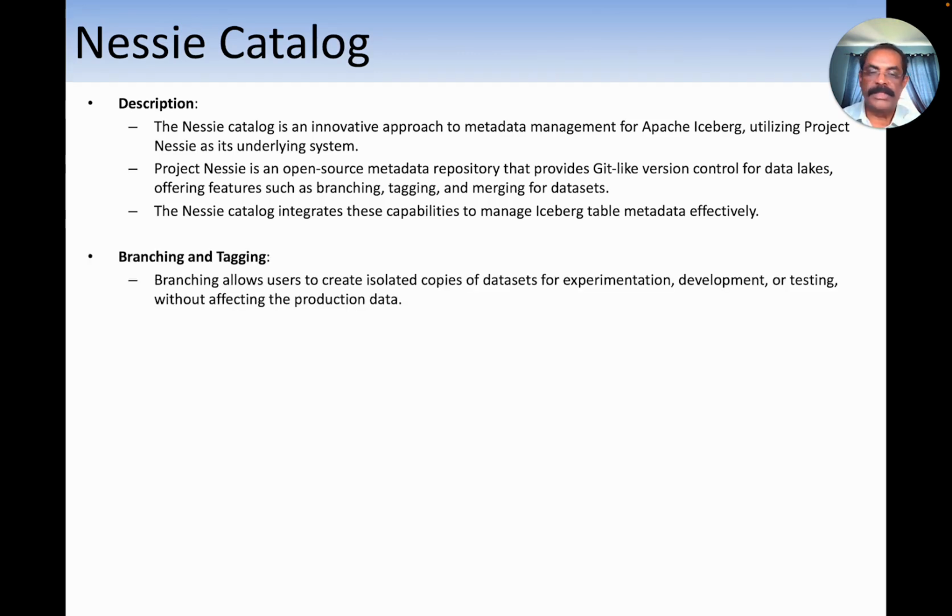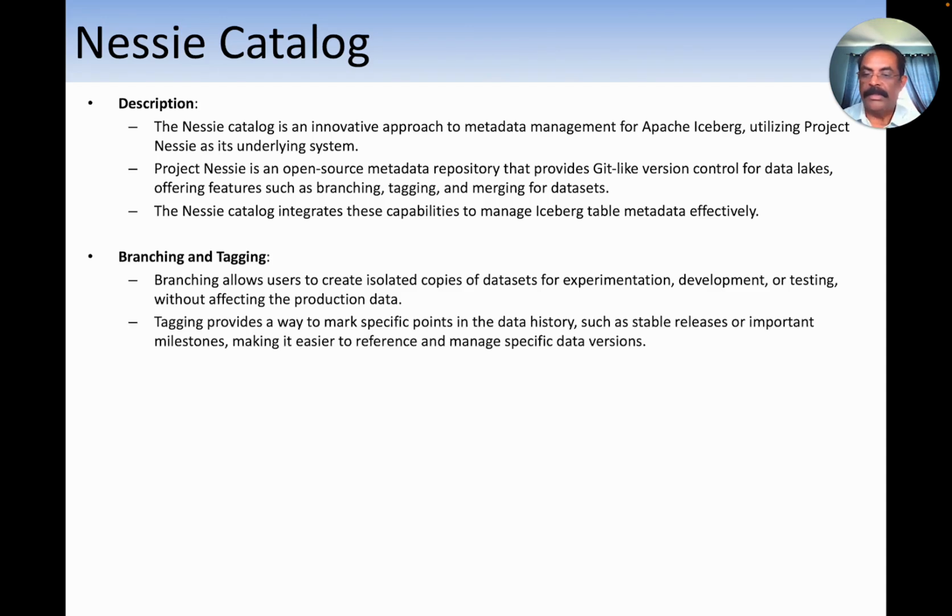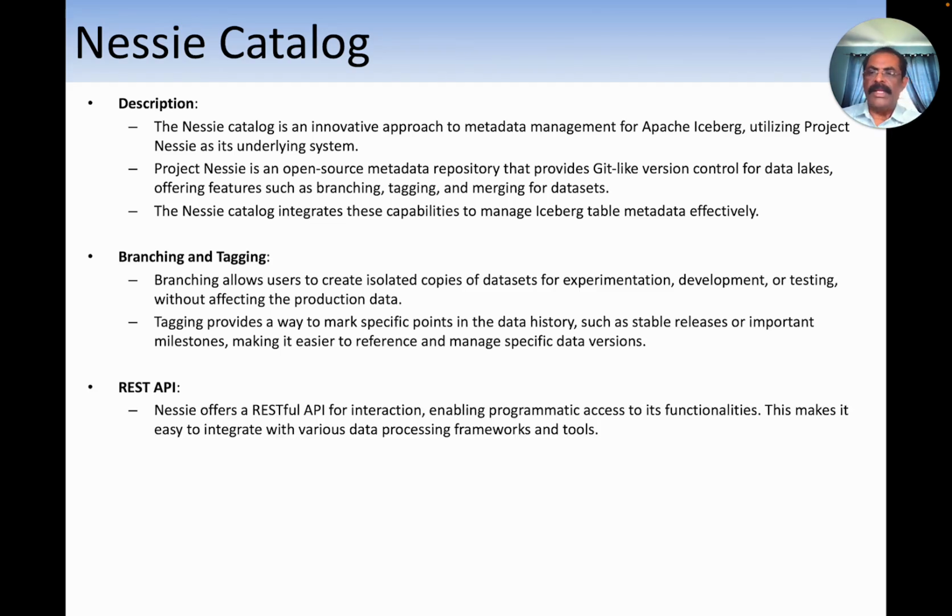And what is branching? Look at another video I uploaded. It gives zero copy cloning for development and testing, and then you can tag it for GDPR rules or history, any auditing. You can tag a branch whenever you upload the data. Nessie supports a REST API,